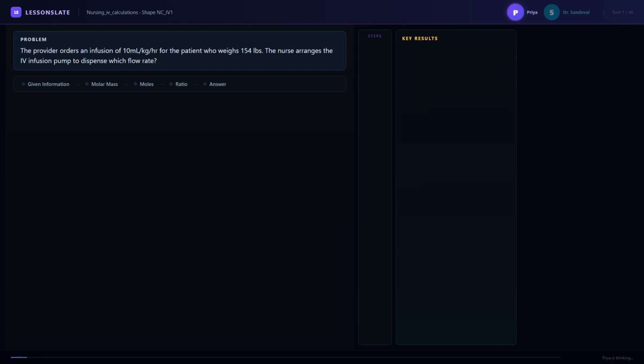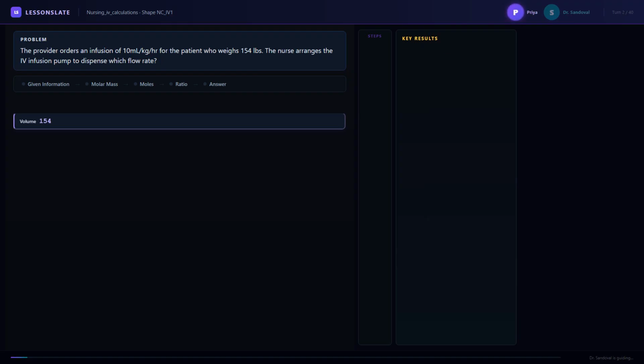Hello, Dr. Sandoval. This infusion problem has me feeling a bit mixed up. It says the provider orders an infusion of 10 milliliters per kilogram per hour for a patient who weighs 154 pounds, and I need to figure out what flow rate the nurse should set the IV pump to. I keep thinking about two different ways to convert the weight and then apply the rate, and neither feels quite